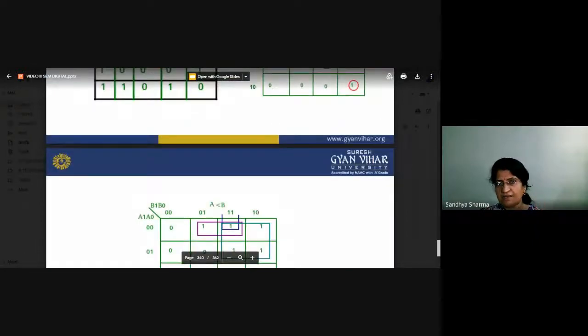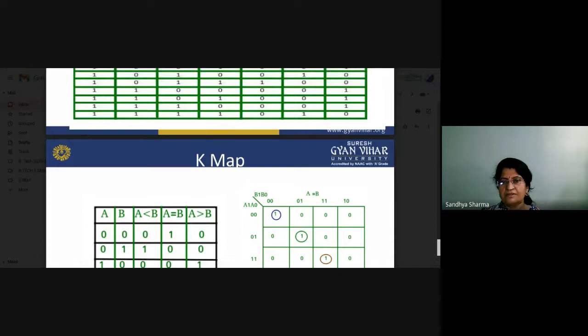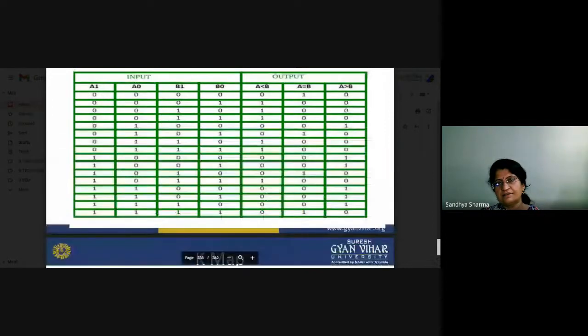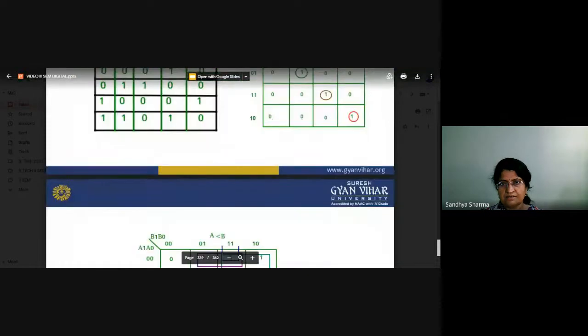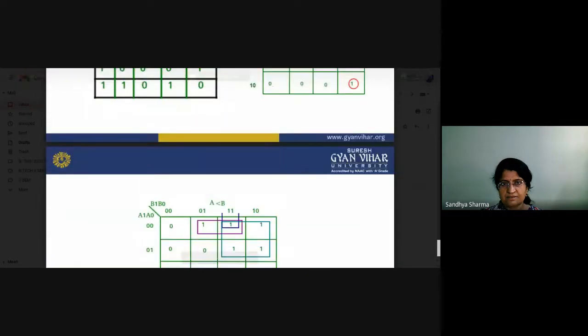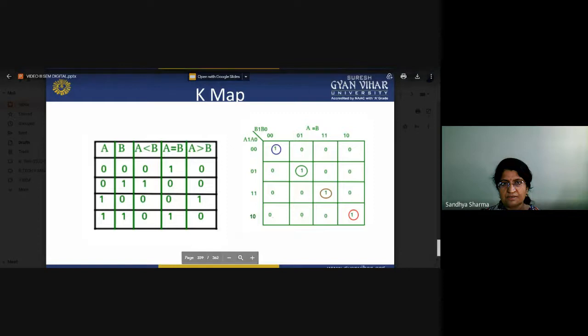How can we make a 4-bit comparator? First of all, you have a bits option. There is a chart, and you can design a particular map for a particular signal. You can see here less than, equal to or greater than, and there are variables A1, A0, B1, B0.